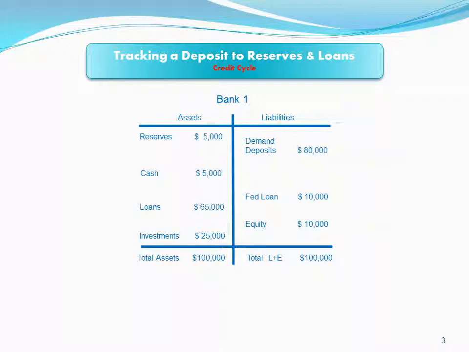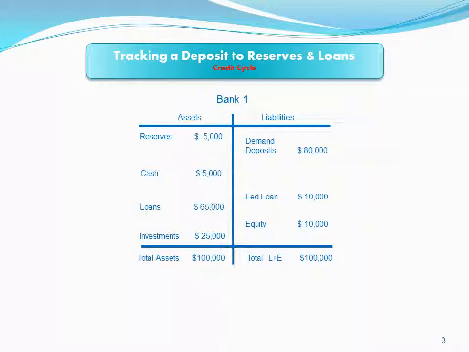So here on the right hand side we can see that the owners have contributed $10,000 in equity, and the bank has borrowed from the Federal Reserve Bank $10,000, so that's a debt they owe, and depositors have put $80,000 into the bank, so that's also a debt that we owe back to our depositors. So we have debt and equity here of $100,000. So that's all the capital we have, or all the money that we have to operate this bank. And we're going to use that to acquire